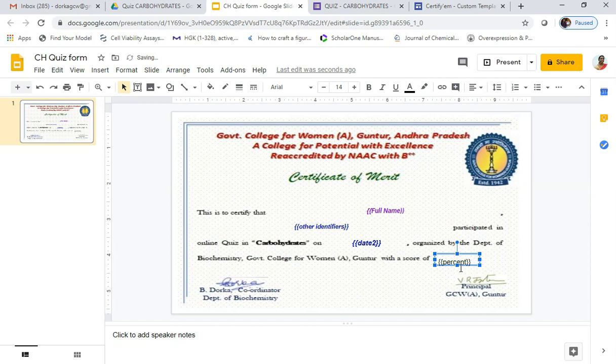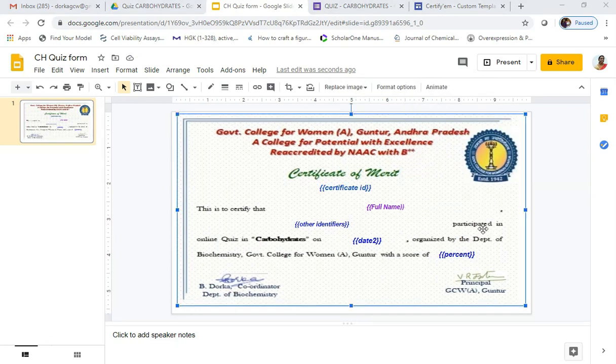After adding percentage, adjust the settings and do the formatting that is required. Then we will add the certificate ID also at this location. Now this is the complete certificate which is ready to be attached to the quiz form.